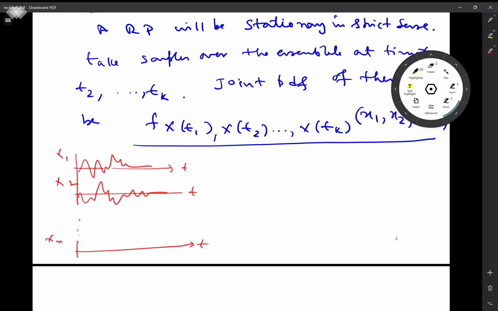Okay, so it is like this. We take samples at t1, t2, like this up to tk,